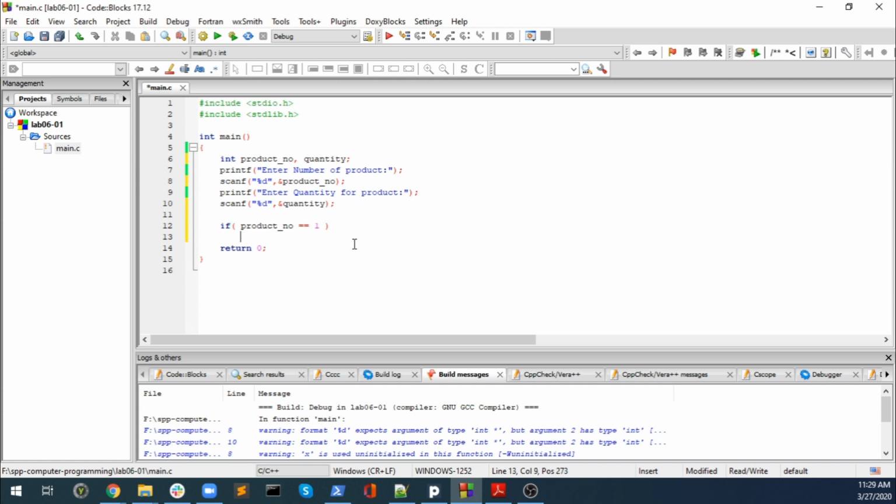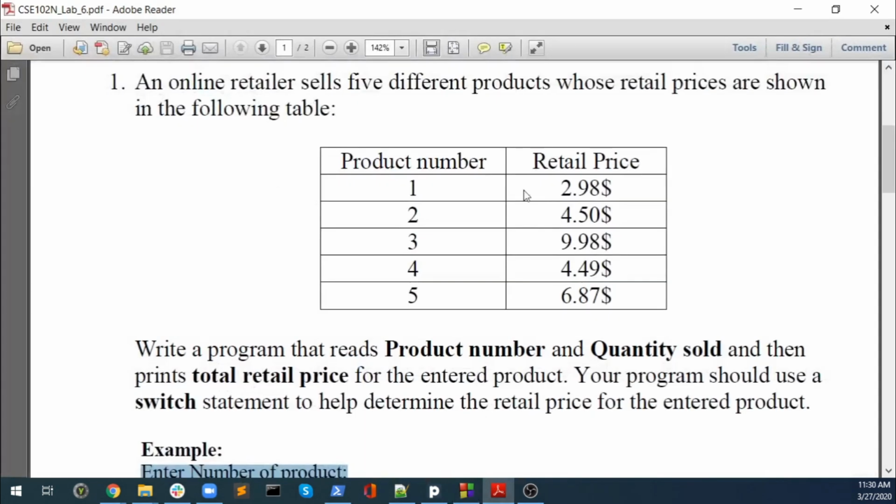If yes, we should have a float variable here called retail price, and let us say it will be 0. It's not a requirement to have an initial value for this, and we should set this retail price. Okay,